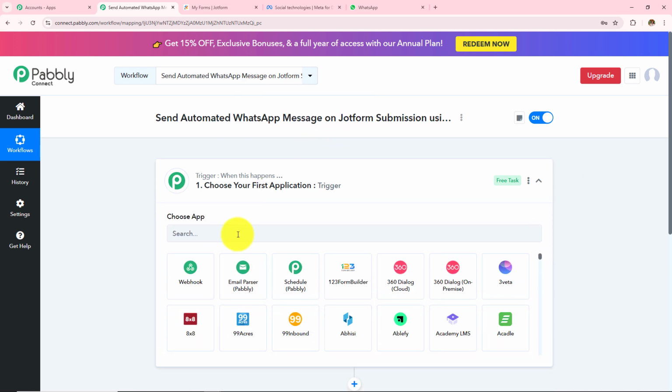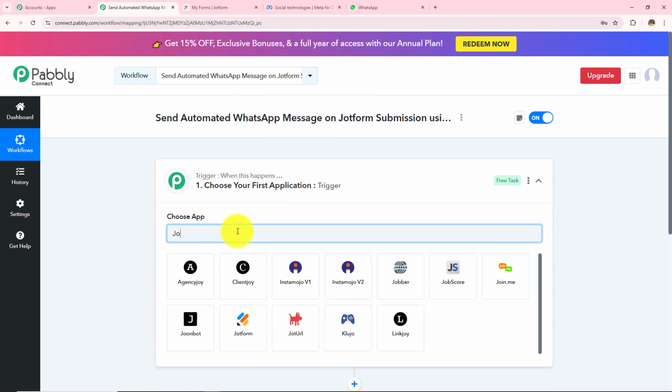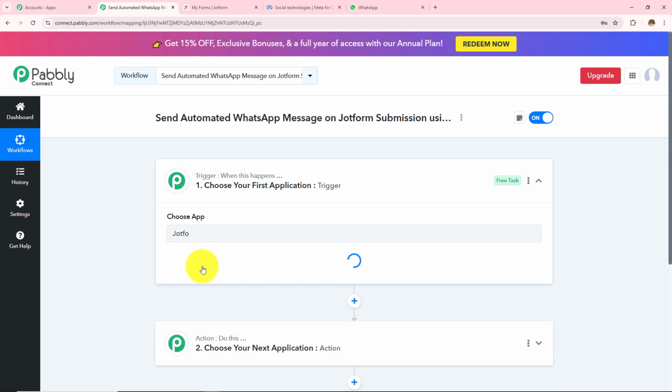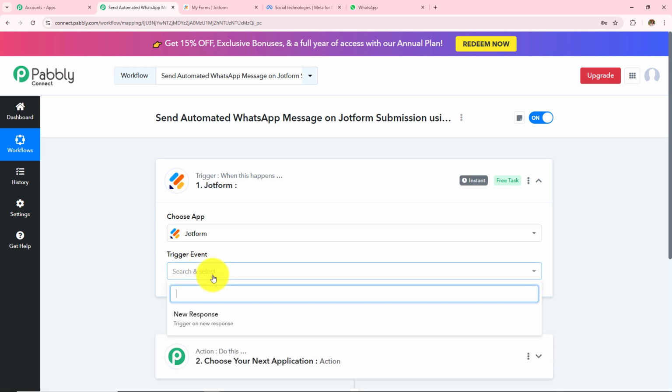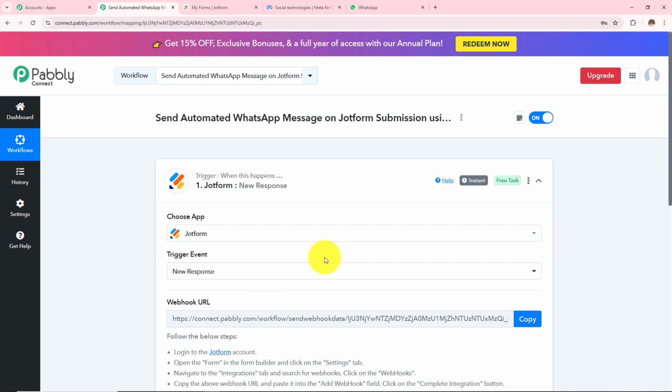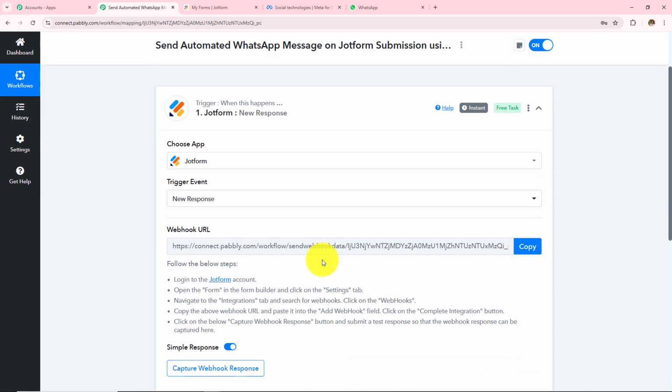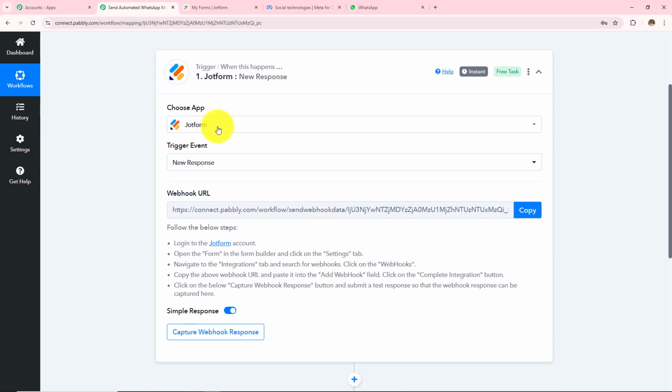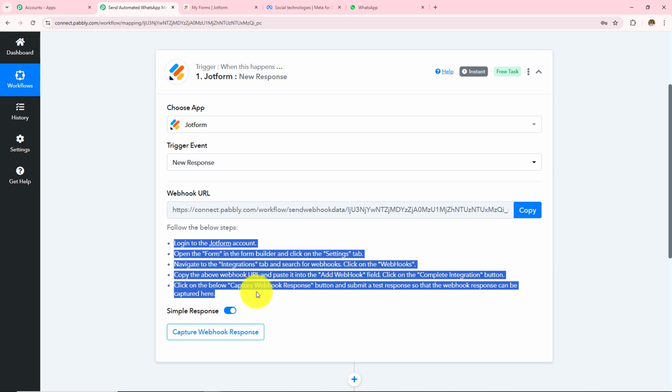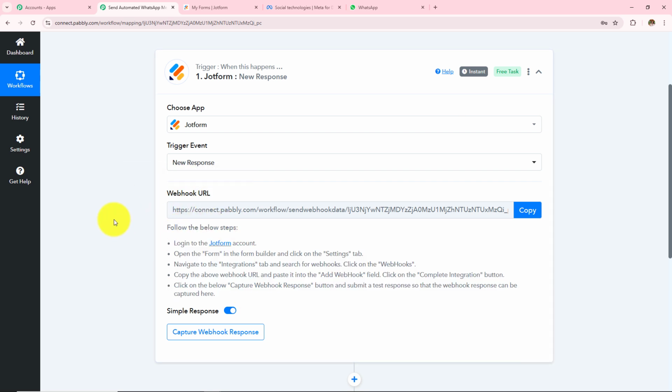So here in my trigger application, I am going to take Jotform. And then in my trigger event, I am going to take this new response. Now I need to make connection between Pabbly Connect and Jotform, for which a webhook URL is provided to me, and this URL is going to act as a bridge to connect my Jotform with Pabbly Connect. So reading this help desk, I am going to make this connection, and to make this connection, let's open my